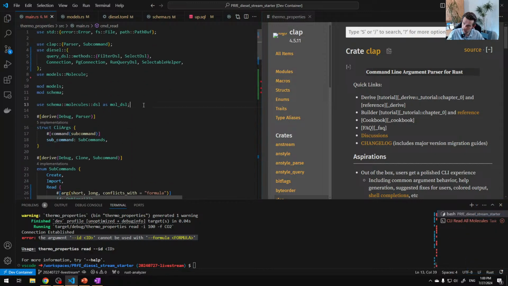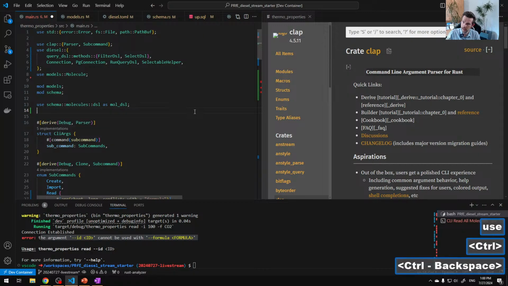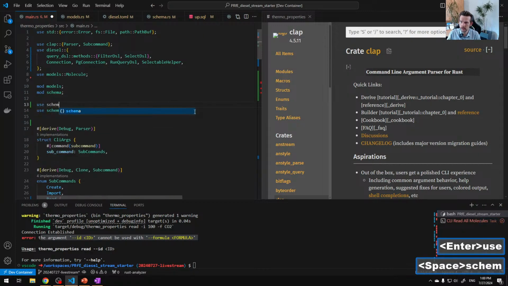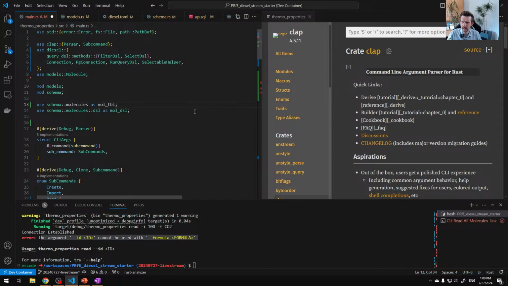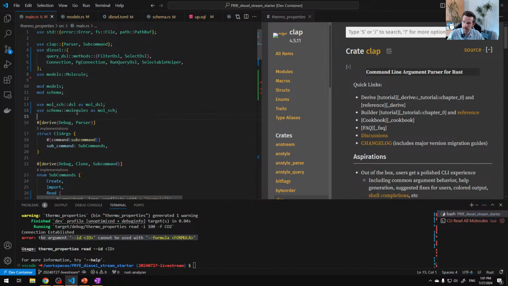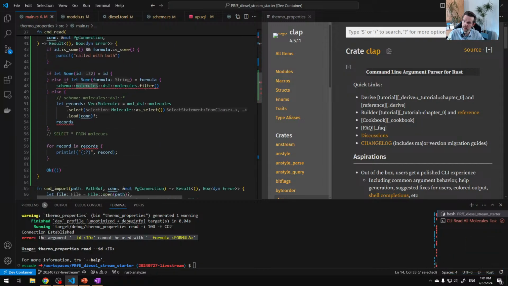Like what I did in the solutions was I had these two shortcuts here, schema molecules as mol table, which is not the best name, but whatever. Let's call it mol schema. And this is the domain-specific language for the mol schema. And now we need the schema for building our